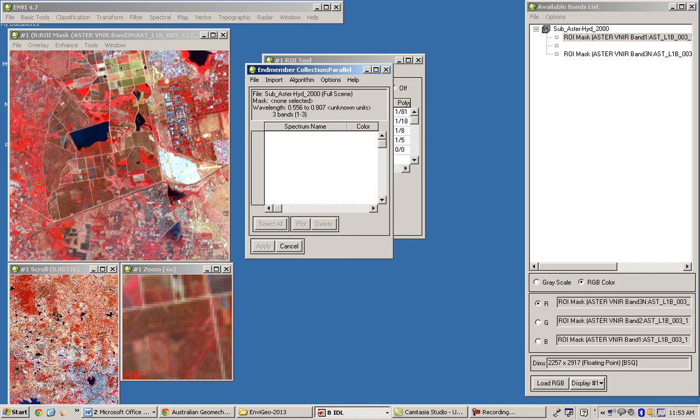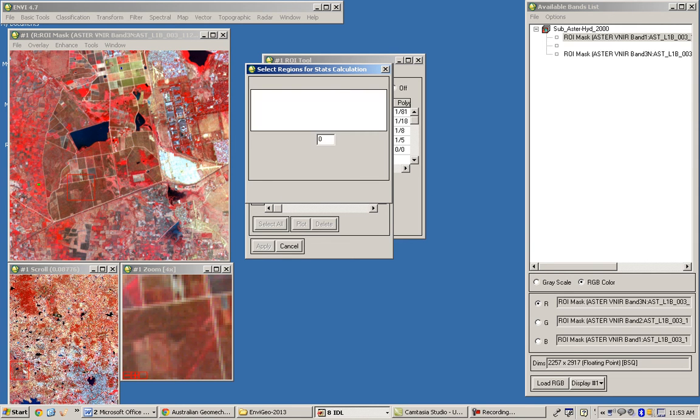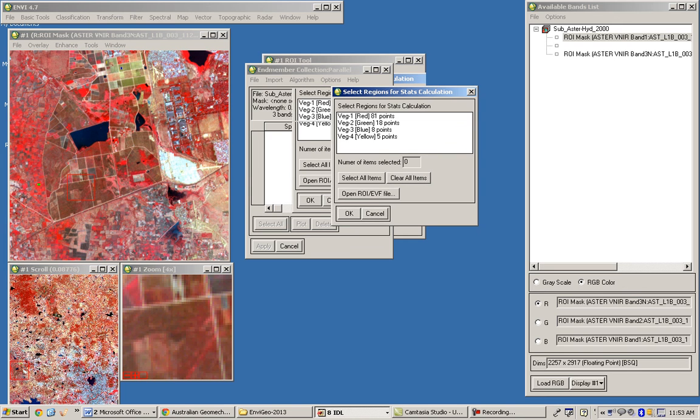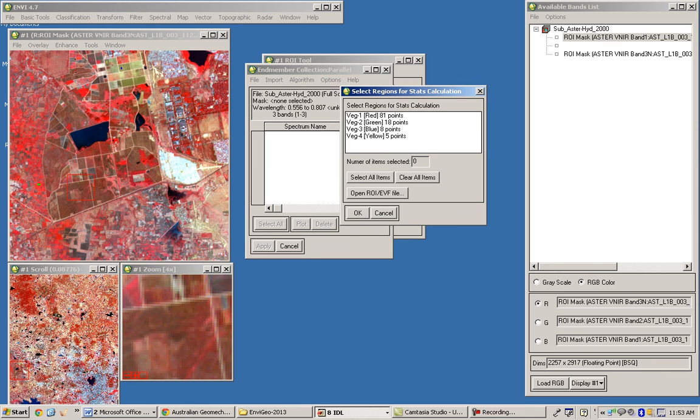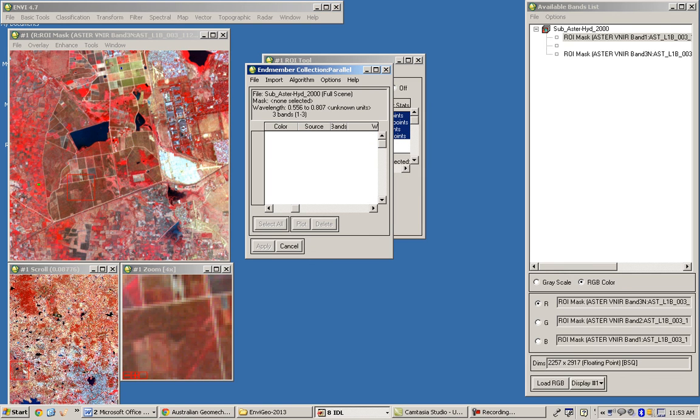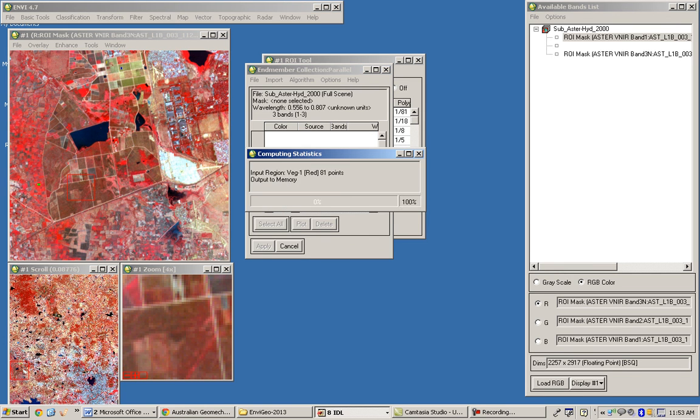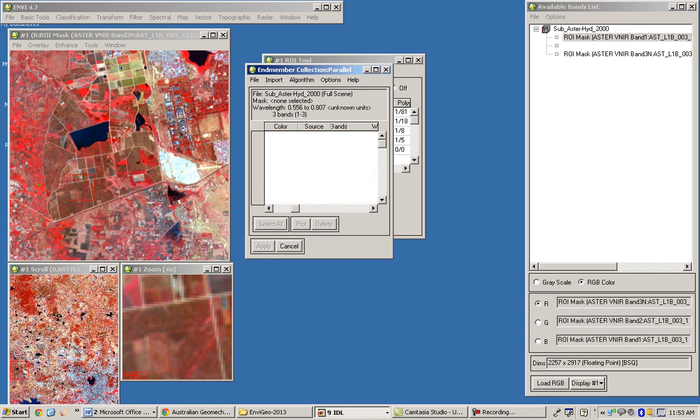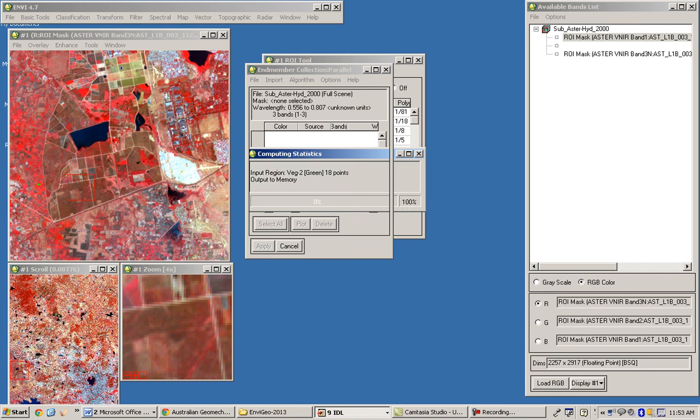If you have an EVF file, it is nothing but an extension of a shapefile in ENVI. Okay, so I am collecting. I didn't collect samples for the fifth one, that's why it is not coming. Anyway, 4 is fine for me. So I'm selecting all the ROI samples which I collected. Once it is imported, it computes all the statistics. Then we can plot the curve. See the vegetation curve.